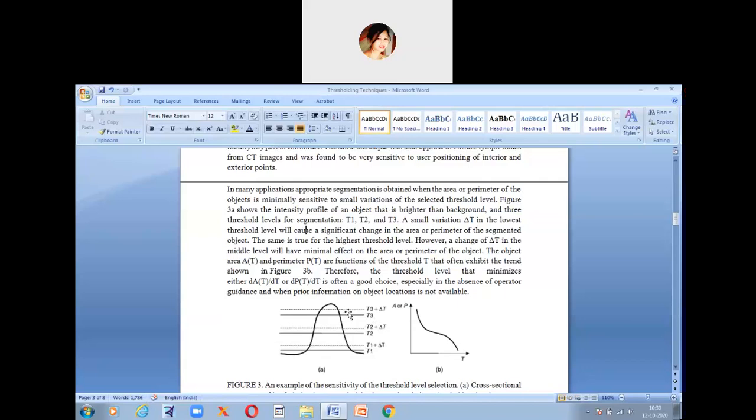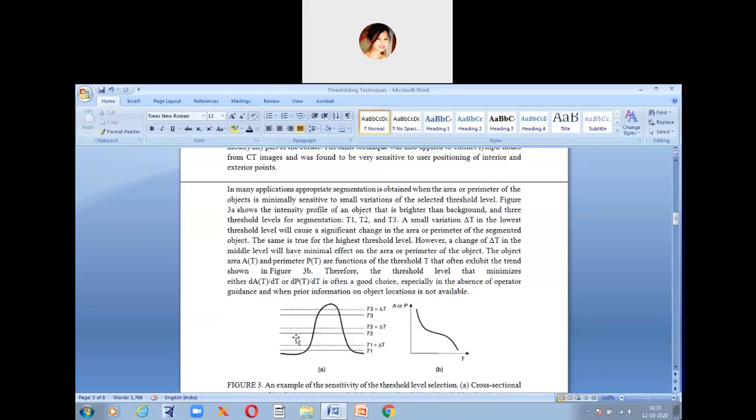A slight variation in the threshold value you apply to the segmented image will have an impact on the whole area or the perimeter of this segmented object.